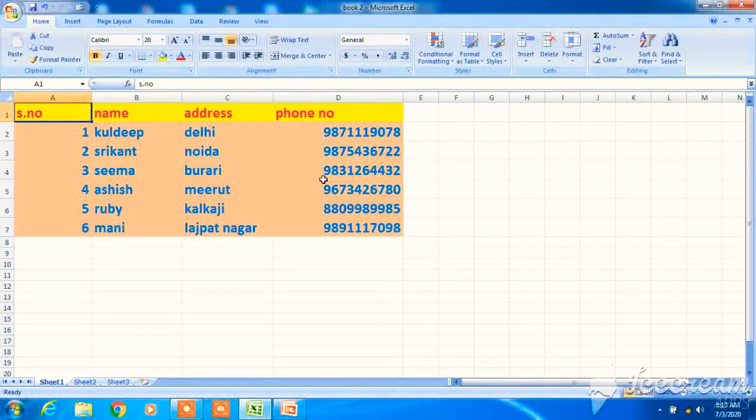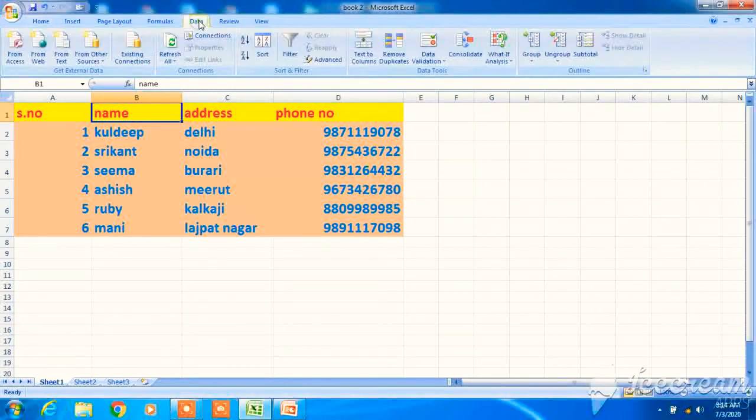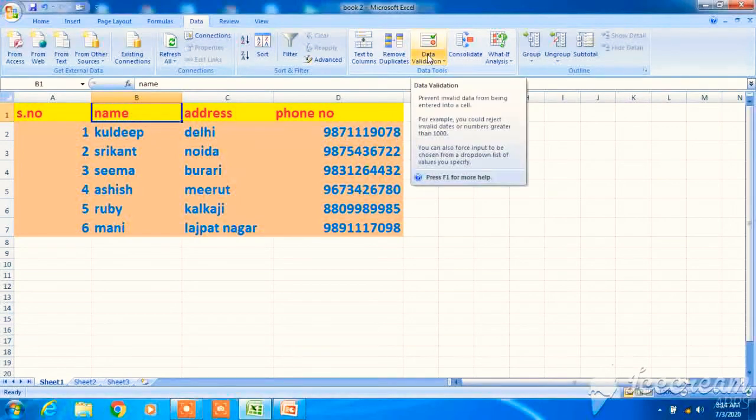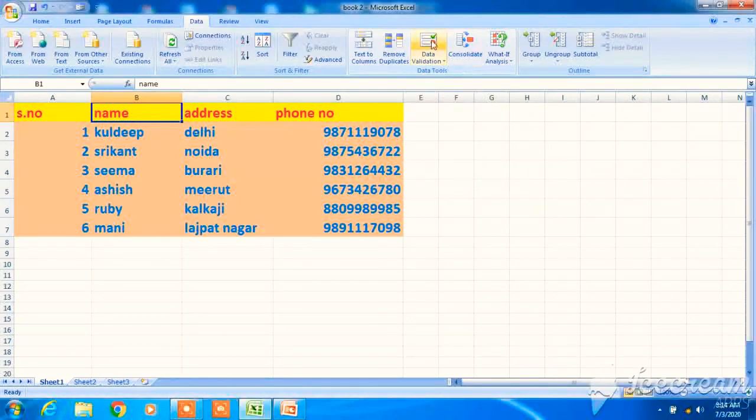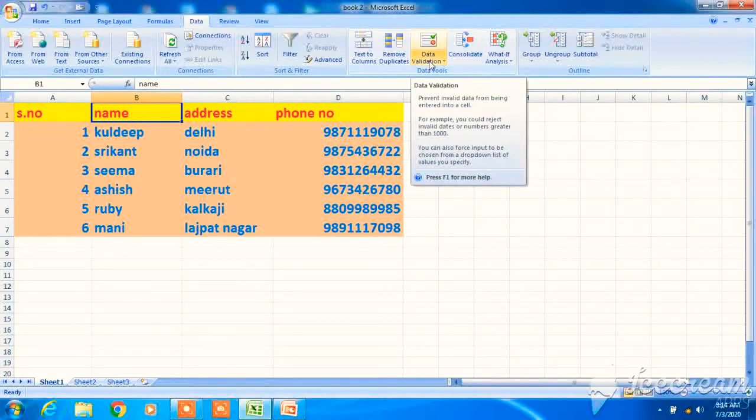Now our next topic, we will learn how to apply validation. For applying validation, which tab will you select from the ribbon? Data option, data tab. Click on data. See, data validation option is there. Which group does it contain? Data tools. In data tools, the data validation option is there.